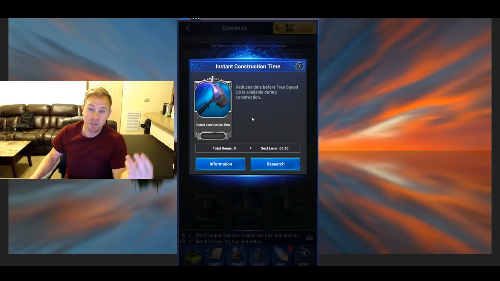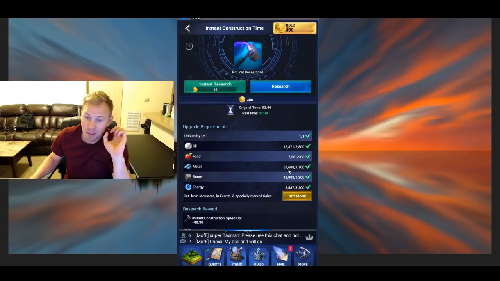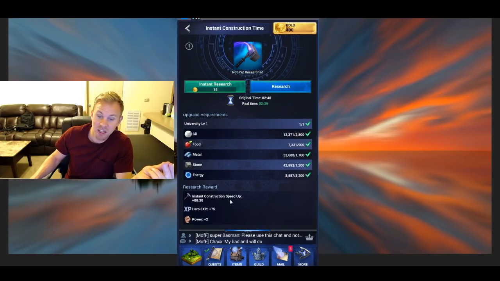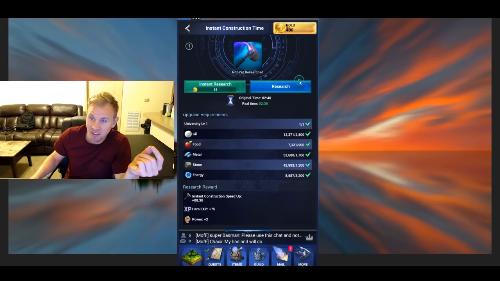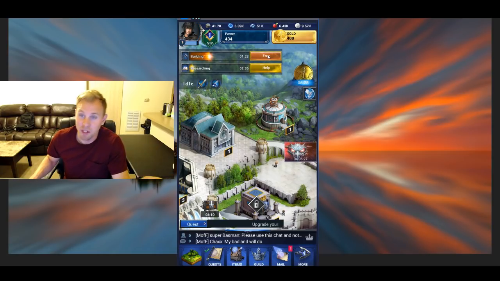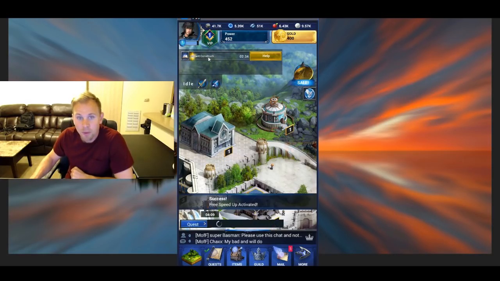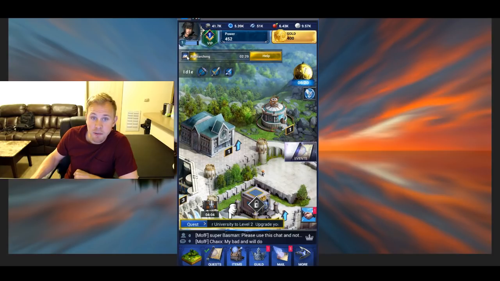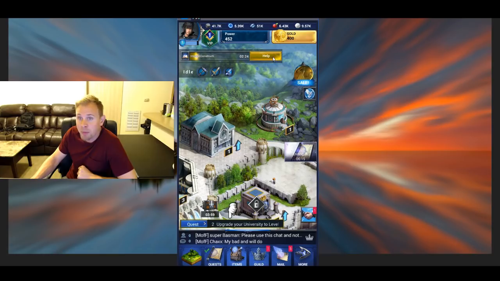So upgrading this one will increase how quickly your buildings will be done. Instant construction speed up 30 seconds. So what that is, guys, is I can speed this up 30 seconds quicker, basically. See how this research that I'm doing in the university says help here, guys? If I hit that, your guildmates are going to get an icon here. It's going to look like the shaking hands. So if I click that,